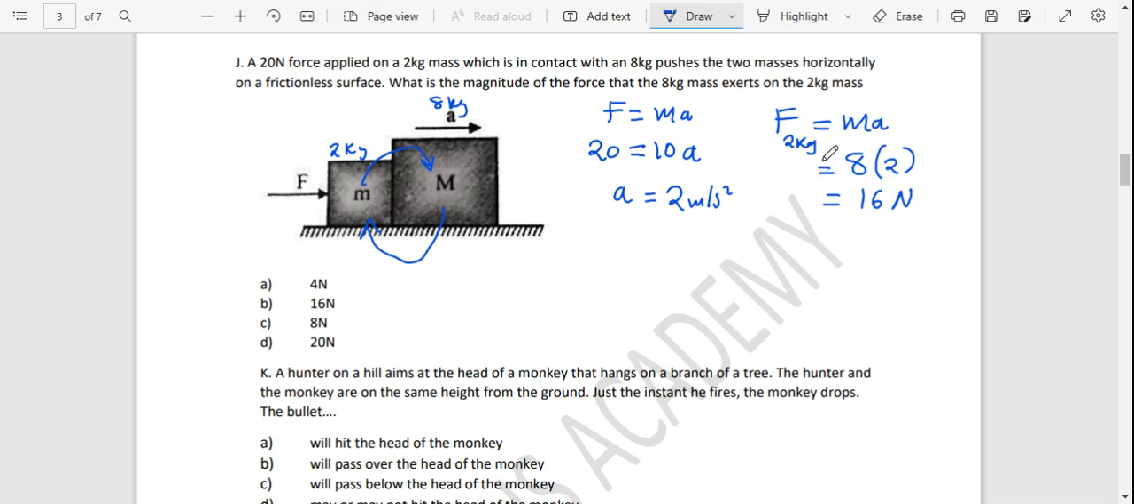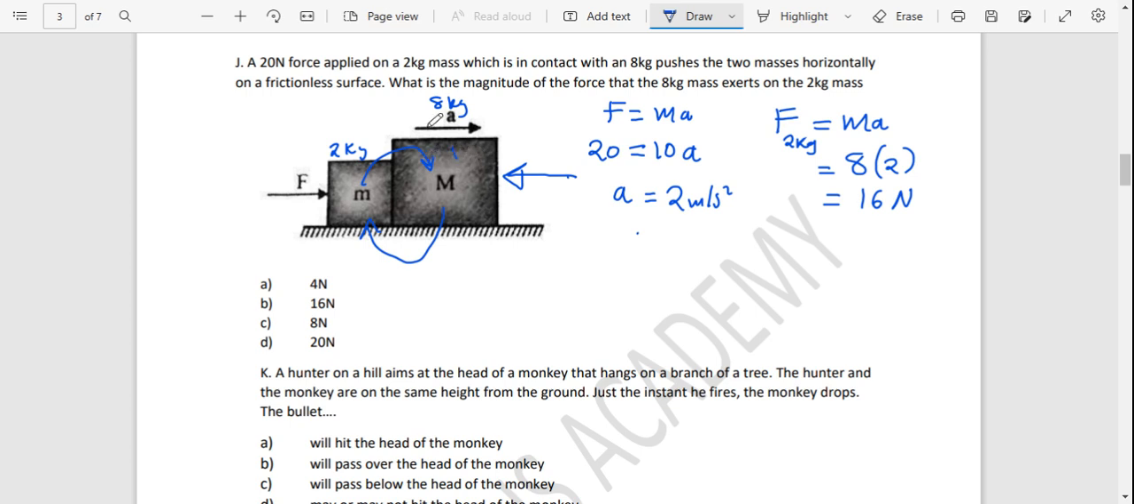And it is going to be the same force that the 8 kg mass is going to exert on the 2 kg mass, but they are going to be opposite in direction. The reason they're opposite in direction is according to Newton's third law of motion. So if the force was applied in this direction, the forces that each object would exert on each other would be,